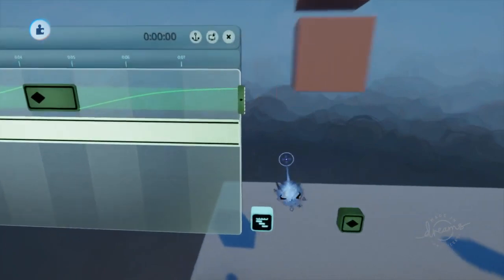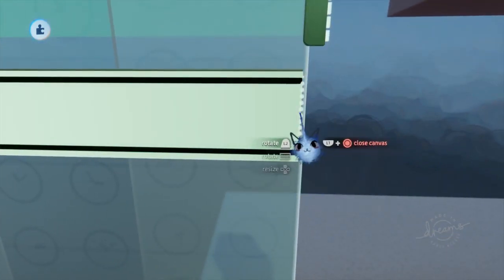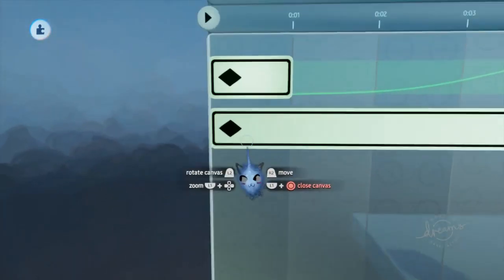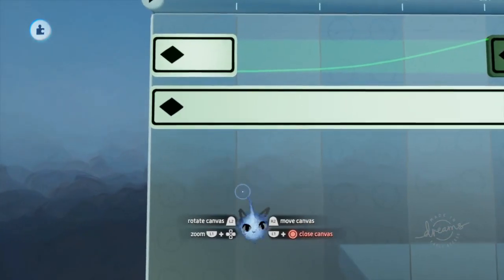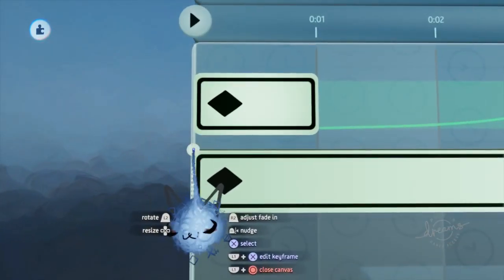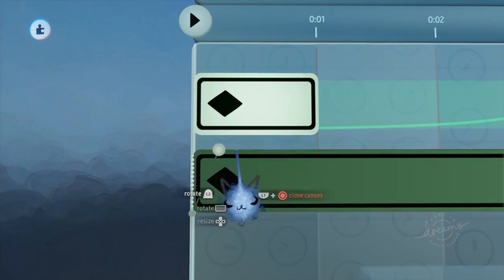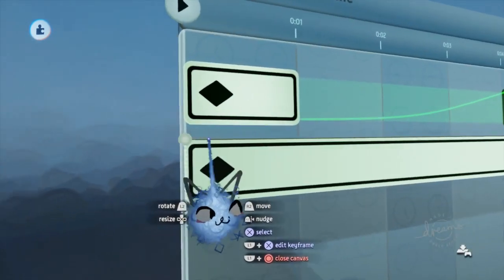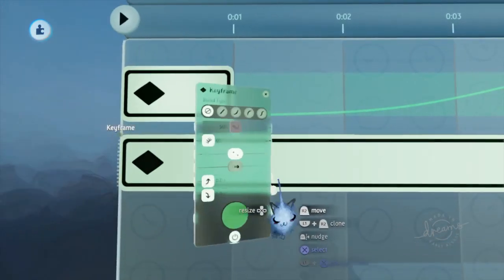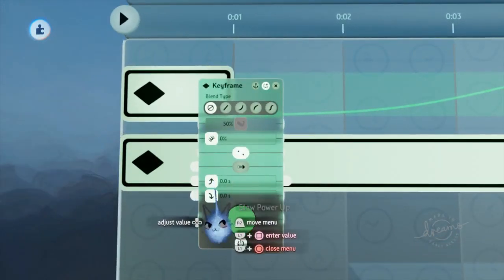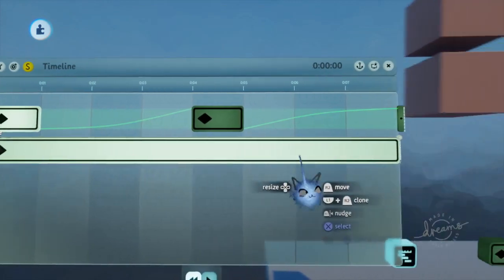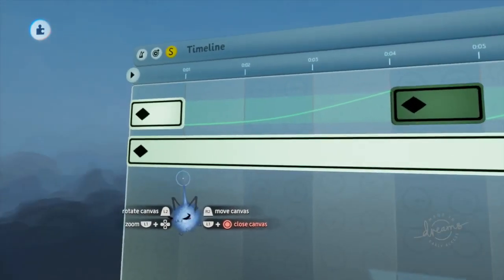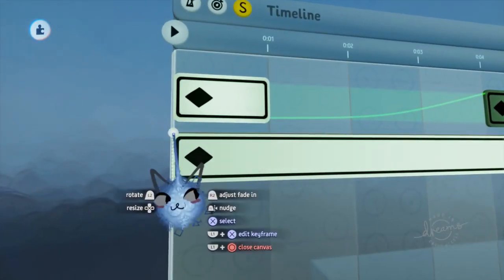Then we're just going to change the size of this keyframe to make it fit the entirety of the timeline. Now you may be asking yourself, well, how can I animate with just one timeline? Well, keyframes have a thing called, well, a lot of things actually have this, but they're called faders, and faders allow you to slowly turn on. So it's basically making this, but it's still powered on. It's only partially powered on. So if we go ahead and move our fader